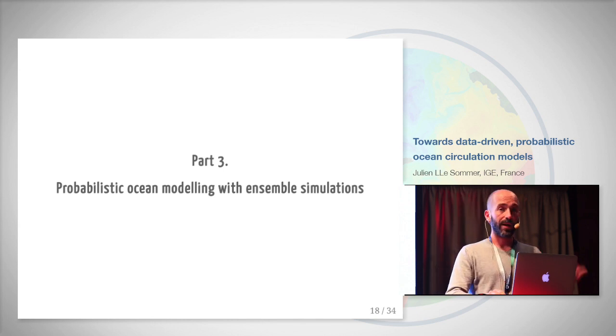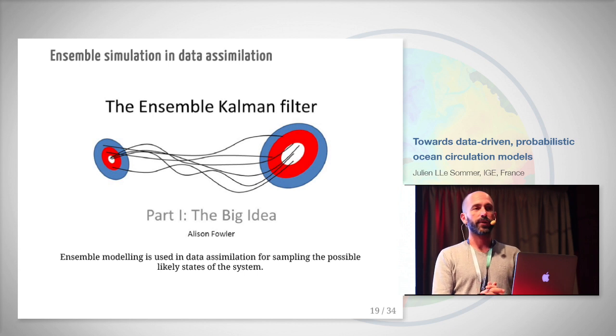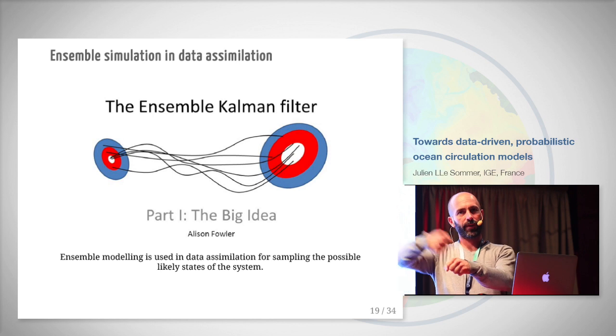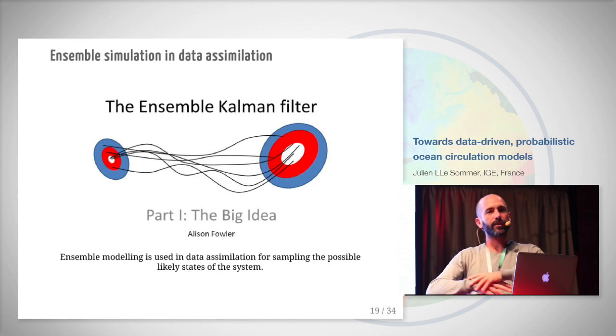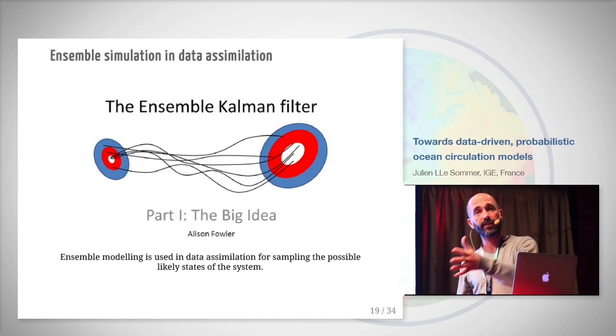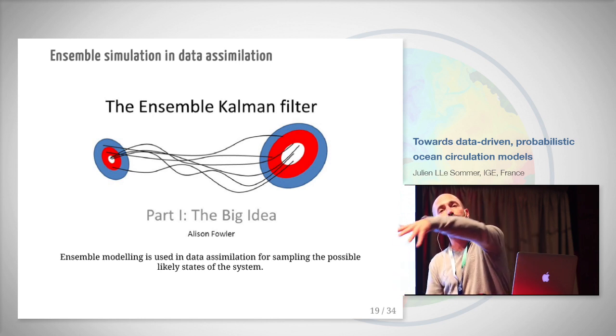So that's where ensemble simulations come into play. Ensemble simulation for this audience probably sounds like something very common. Obviously, since you all know what data assimilation is, you all know what the ensemble Kalman filter is. For those who don't know, basically the idea here is that instead of trying to put by force data within my solution and bring my solution back to the data, I just accept that there's a certain level of randomness in the possible states that my ocean could have. I describe this randomness through an ensemble of trajectories, and I let that evolve, and I just constrain the actual envelope of this